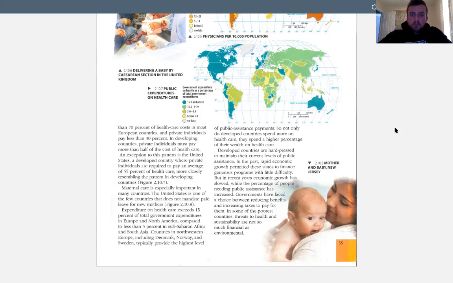So, a couple things to pick apart here. Number one, the United States: it really all comes down to that classic anti-tax feeling that Americans have. And as much as the United States is more along the lines of a developing country in terms of how much individuals have to pay for it, it's one of those things that as a country we have as part of our identity. Somebody's health and welfare is not a public expense unless you're really old or you're really poor.